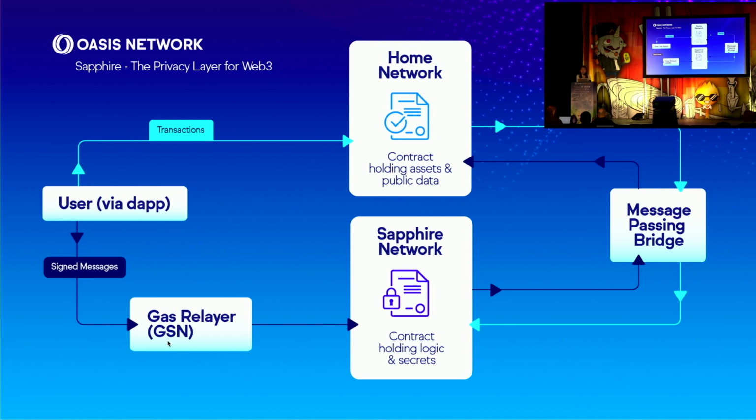In this case, could be BNB, could be other tokens on BNB, whatever tokens your users have. Convert a tiny amount, because the gas fees on the Oasis network are also very, very low. So just a tiny amount of tokens, converted into the gas token required for the Sapphire network, and then sign the messages, and then the ballots and the voting contract go into this Sapphire network, and then after